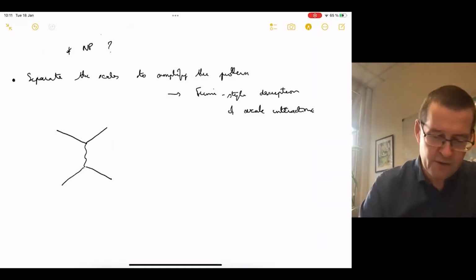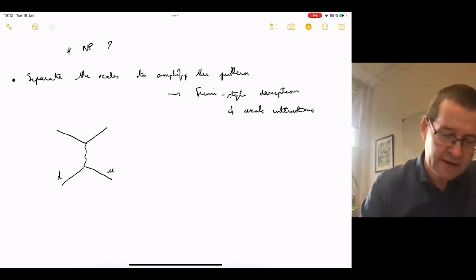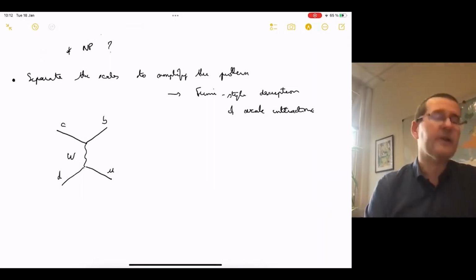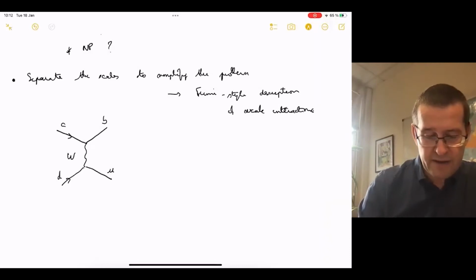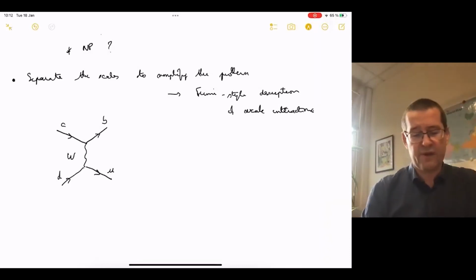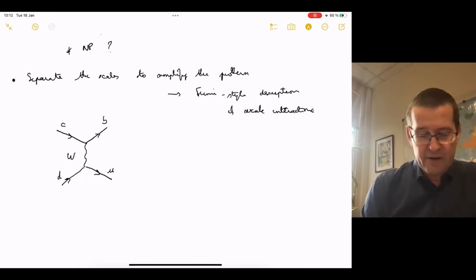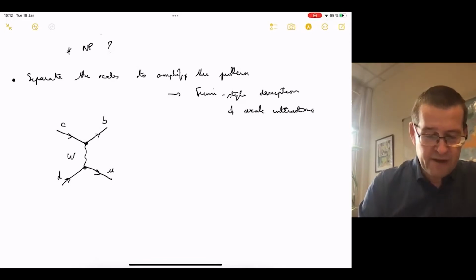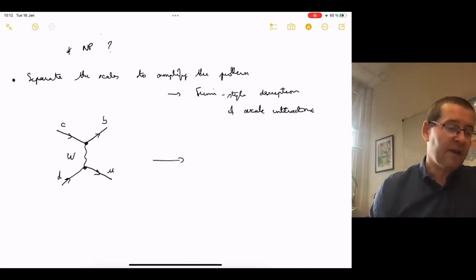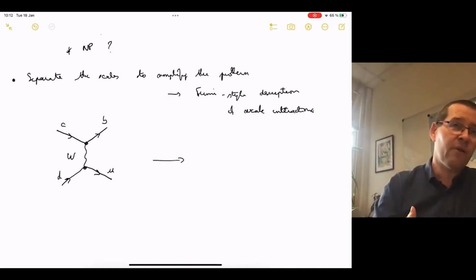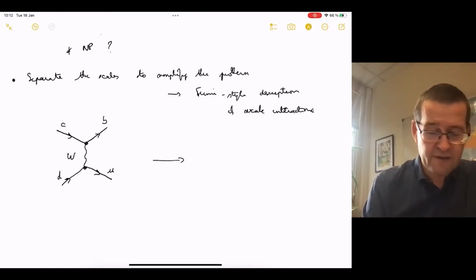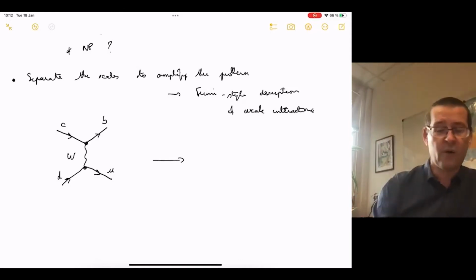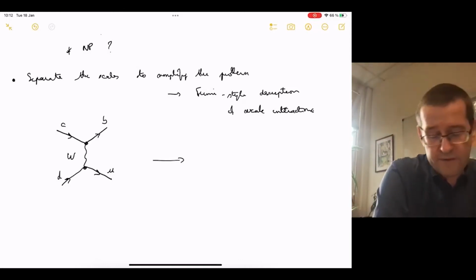So now I'm just reversing the argument and telling you, we know already the answer concerning, for instance, imagine that you want to describe the interaction between 4 quarks through the W. And so you would say, okay, this is a typical interaction that I can have between 4 quarks, and then when I'm looking at low energies, I don't need to know all the details of what's going on inside. If I'm looking at a state that contains, for instance, a B quark decaying into these 4 quarks,